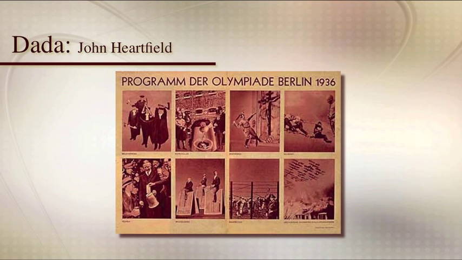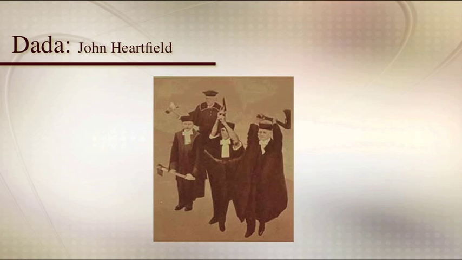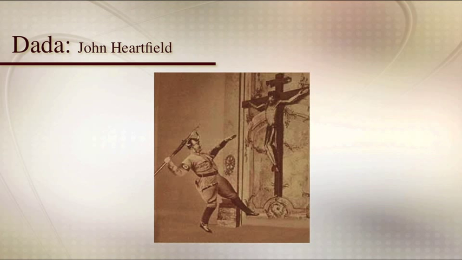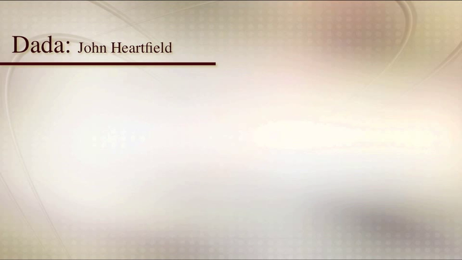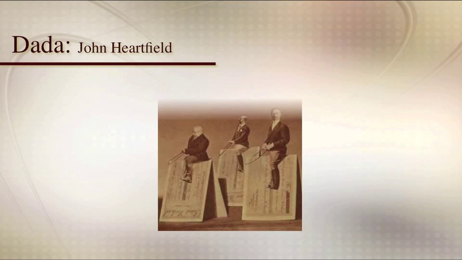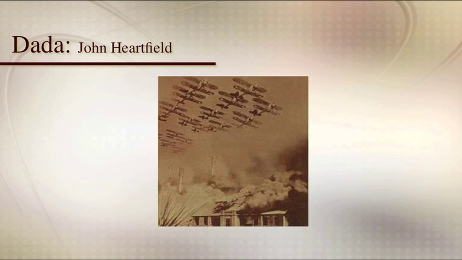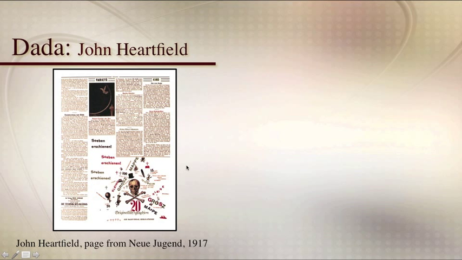Heartfield's program of the Olympics from November of 1935 satirizes the Nazi regime by listing fictional Olympic events, such as axe swinging, head rolling, spear throwing, tug-of-war, fencing, writing the promissory note, body bending, and the grand finale, artillery fireworks. After his studio was occupied by Nazi forces in 1933, he fled to Prague, where he continued his